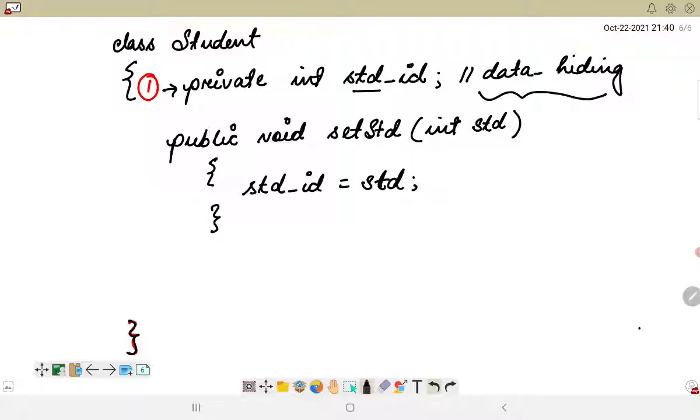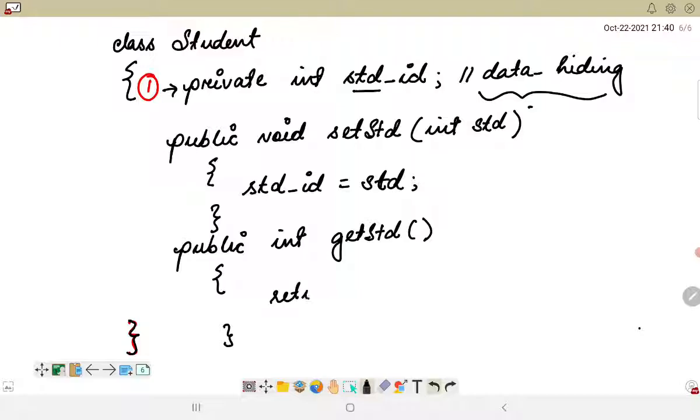Now I will introduce the getter method, which is another public method. Okay, public int get student. So this is the getter method, and this method is used to view it. Since the student id will basically be an integer, it will return an integer type, so I will be returning